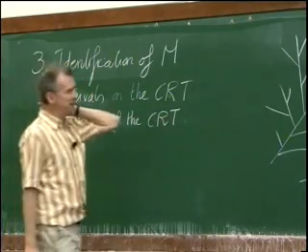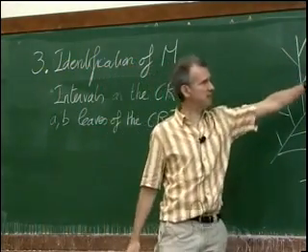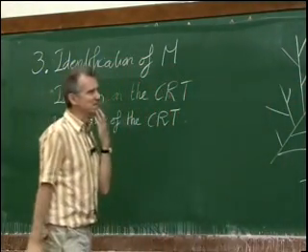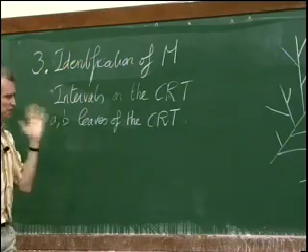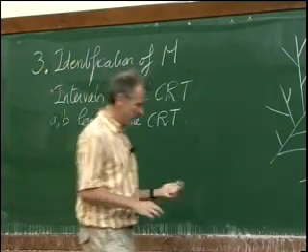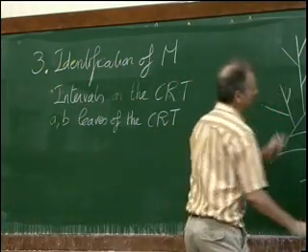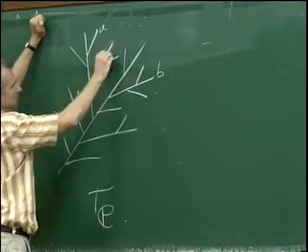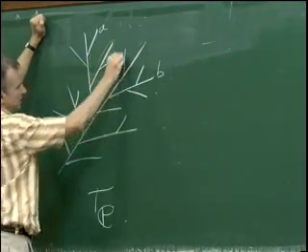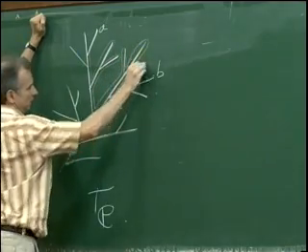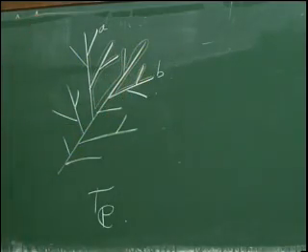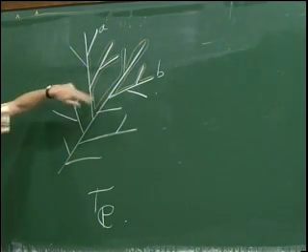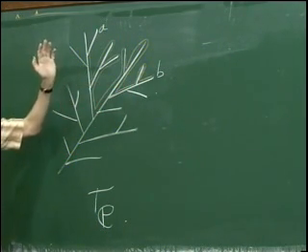So I want to define the interval between A and B. So what does it mean? Well, on my picture, it's very easy. It just means that I'm going to start from A. I'm going to move around the tree like this until I reach B. And the interval between A and B is going to be all the points that I'm visiting in this contour. So it's very easy.